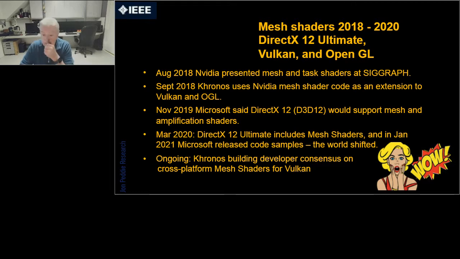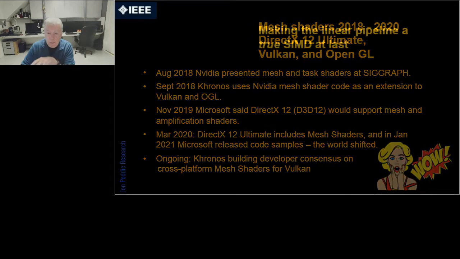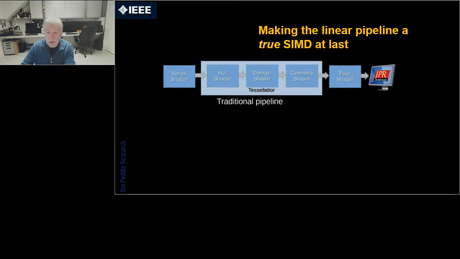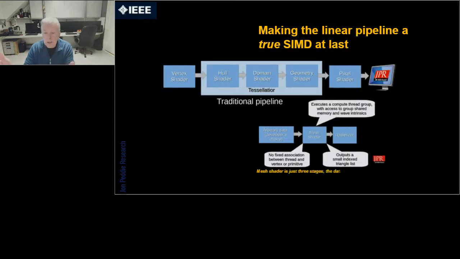And so now we had mesh shaders. But the problem with mesh shaders is that they have certain restrictions, which I'll get to in a second. So this is just showing you now what has happened to the pipeline. As you remember, we had 6 or 7, maybe 8 blocks there. Now we've squeezed it down kind of to 3 because the